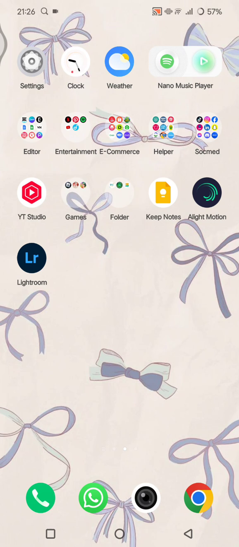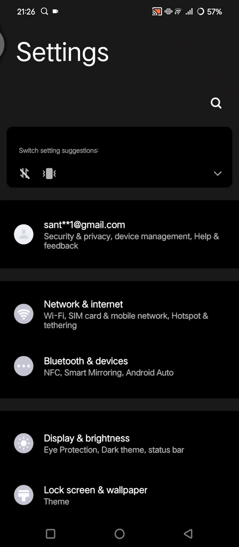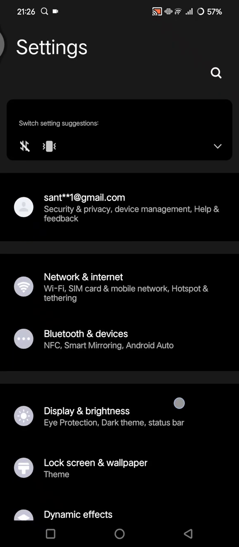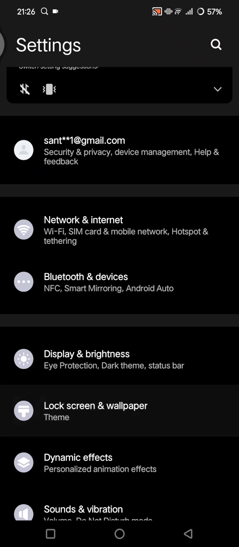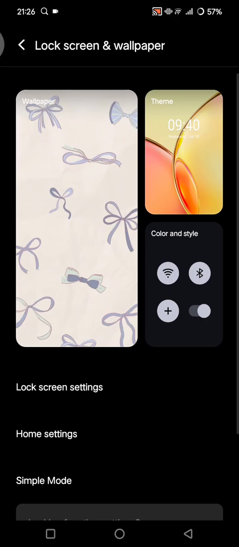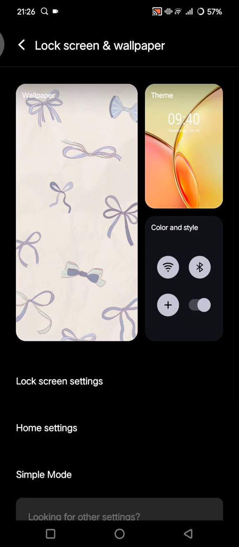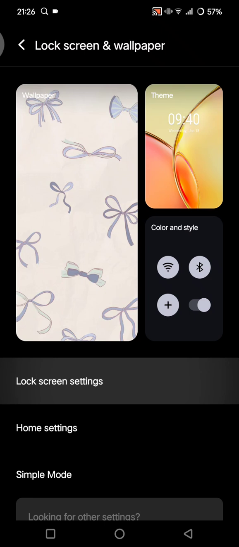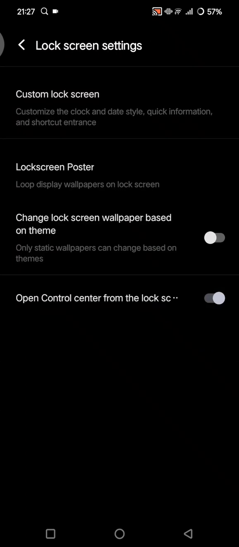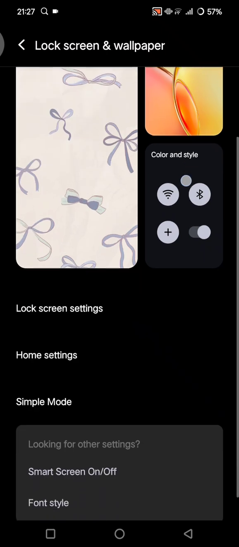The first method, you can just disable the lock screen blur in wallpaper settings. So for devices with built-in blur effect on wallpapers, you can just go to settings and in here find the wallpaper settings. On my device it is called lock screen and wallpaper, and then you can just go find the lock screen settings. And in here, if there's any built-in blur effect, you can see it from here, but there's no blur effect